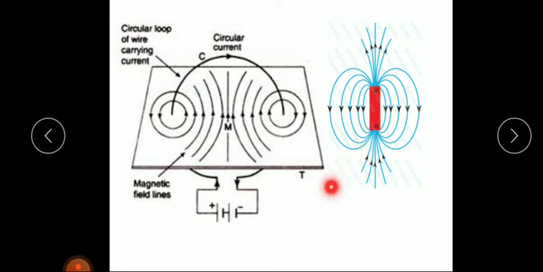Magnetic field lines are entering into the south pole and field lines are coming out from the north pole. So apply the same here. You can see the same pattern here. The magnetic field lines appear to be entering into this face. So we can say this face of the coil acts as a south pole.